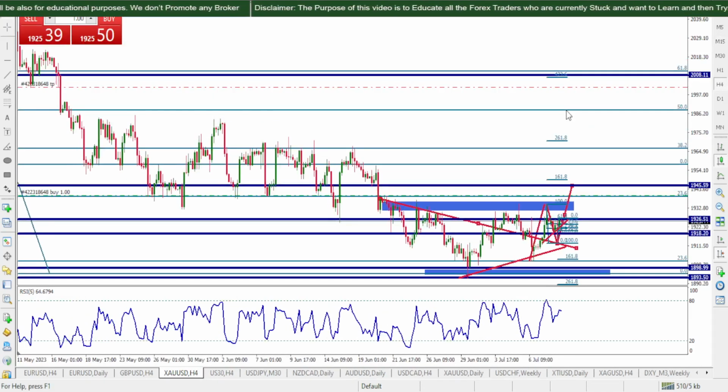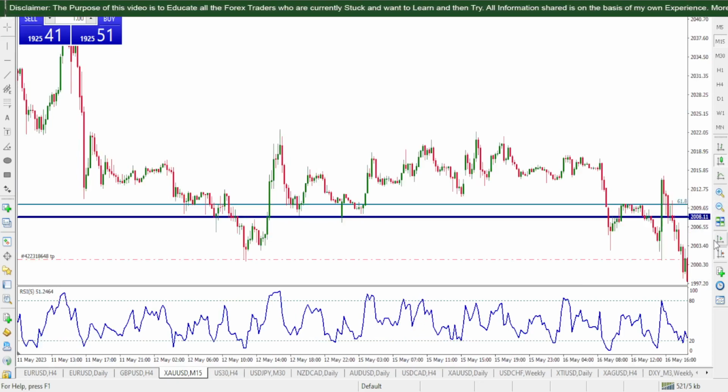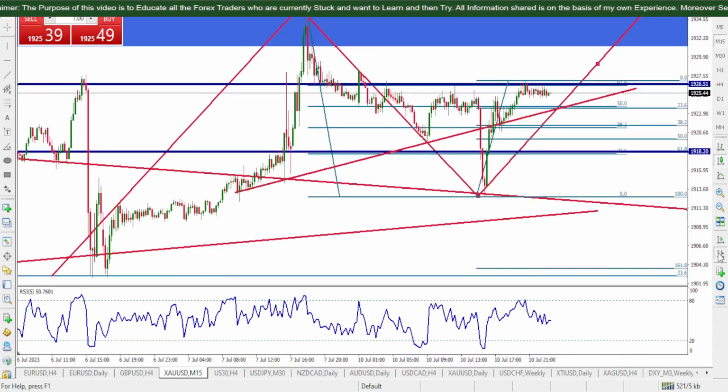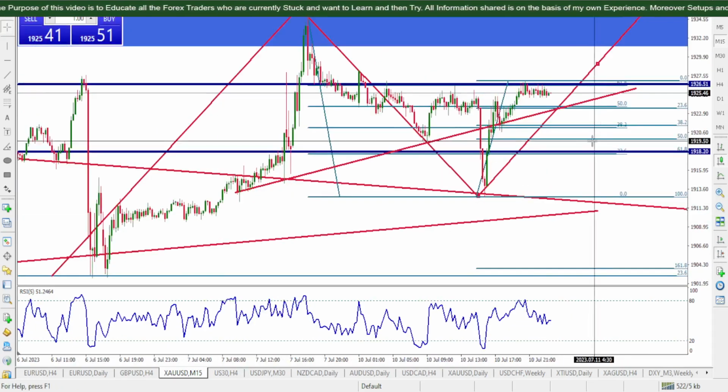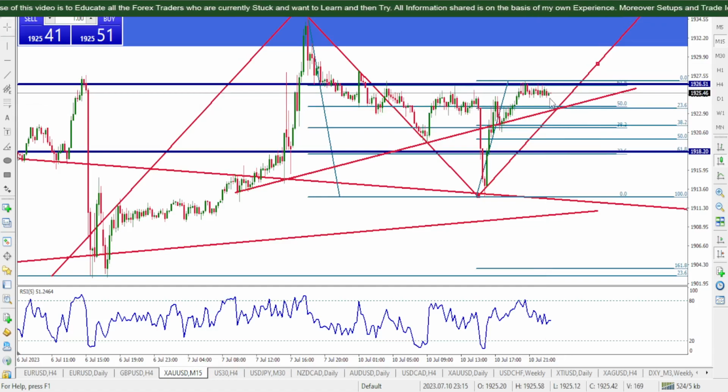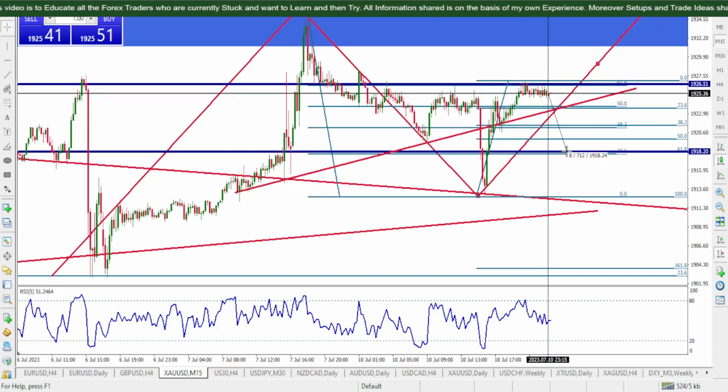If I sum up everything for all of you, on gold US dollar, from 1911 till 1980, I'm clearly bullish. Obviously several breakout points it gives me, and I trade them, right? You know my trading style. So overall, my intentions are everything bullish on the gold, and this will be a lucky trade if it comes back down till here, 71 pips target right here. 1918 can be the entry point.